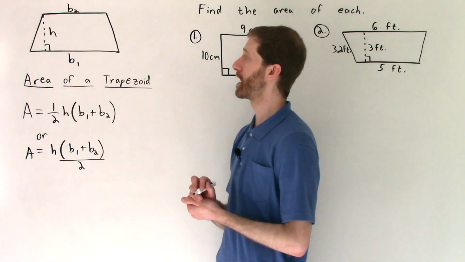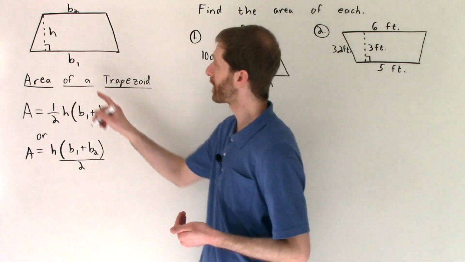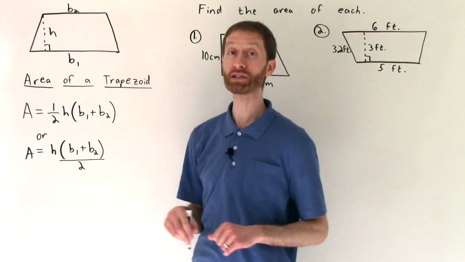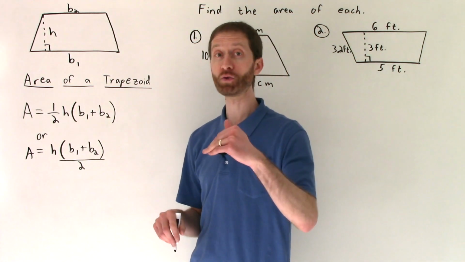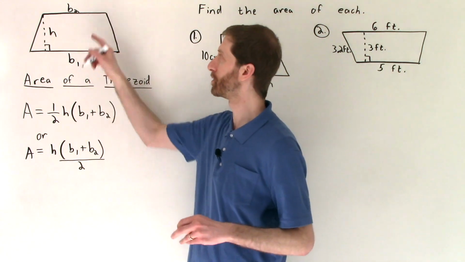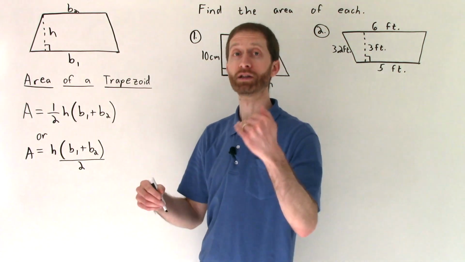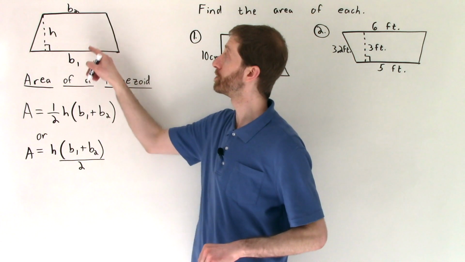So we are given a trapezoid right here, and I've given you some notation on that trapezoid. We've got this thing that is read B sub 1, and this is read B sub 2. What that stands for is B2 would mean the second base, and this would be the first base. It doesn't really matter which one's B1 or B2. We use these numbers, which are called subscripts, numbers written below a variable, to recognize that these are two different